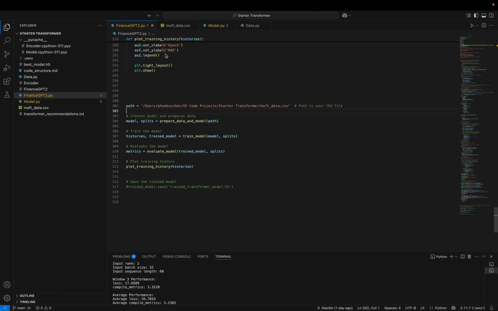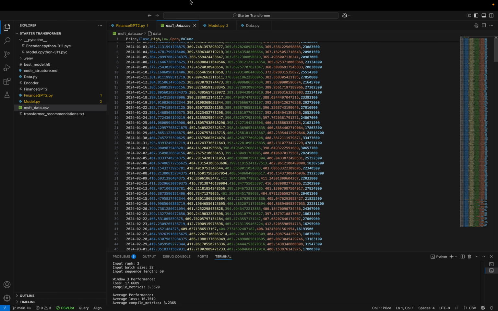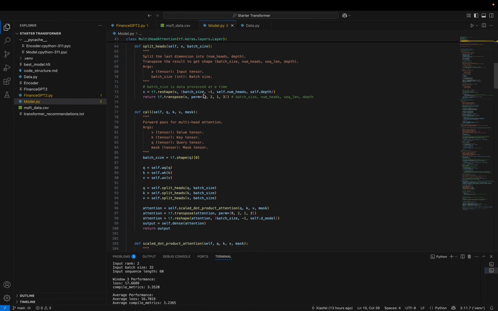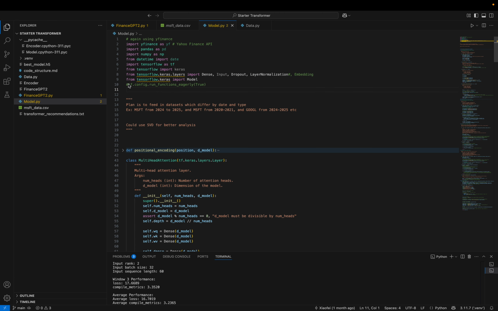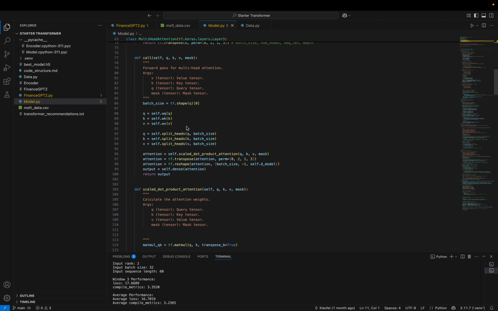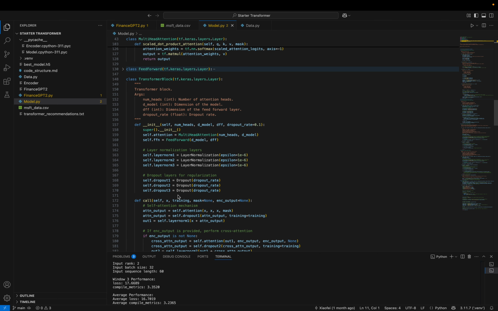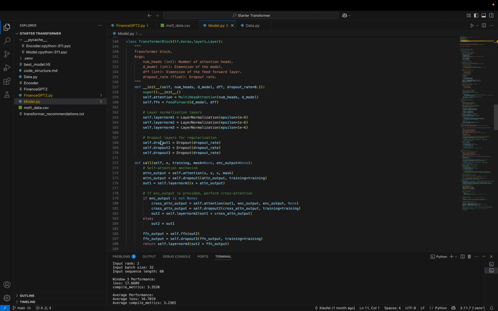So let's talk about some problems with the model. This model will function if this line is run, which configures TensorFlow to run functions eagerly. And what that means is usually TensorFlow uses a graph, which is its model of how the model functions. So what TensorFlow does, it passes through all of this using empty tensors,